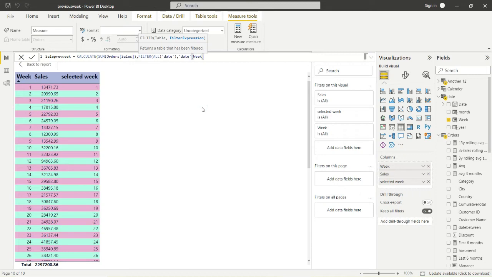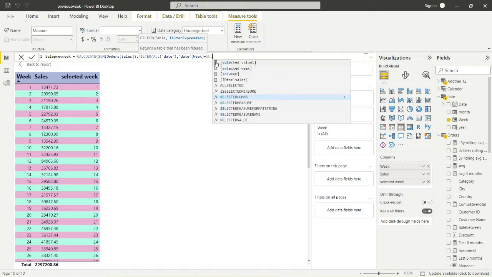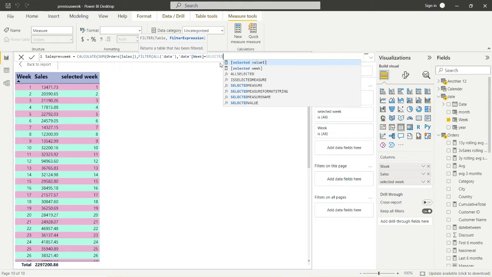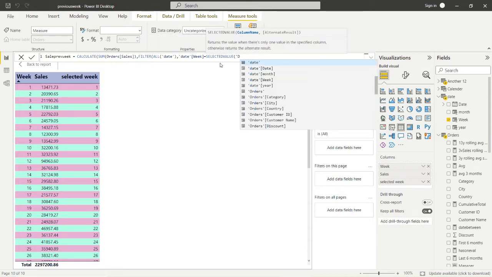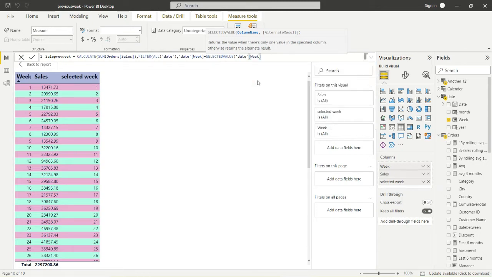After that, date week equal to SELECTEDVALUE of date week, then -1 because we are taking the previous week. After running this DAX,